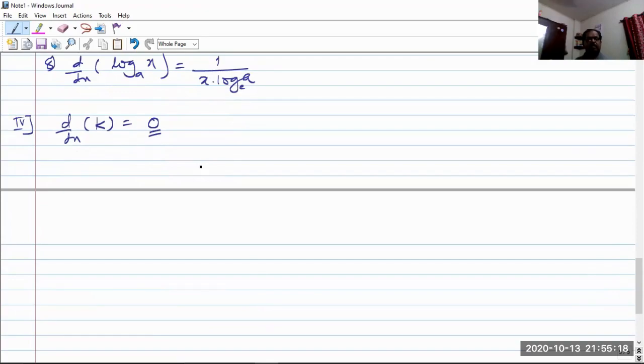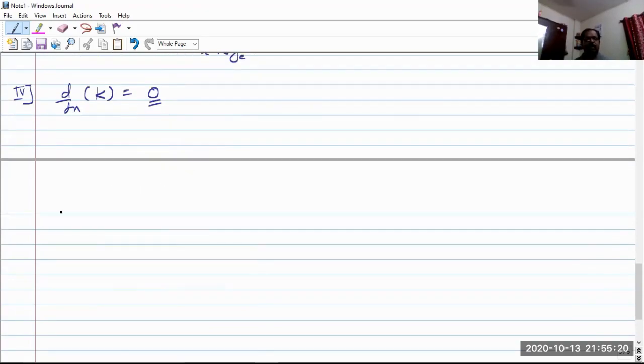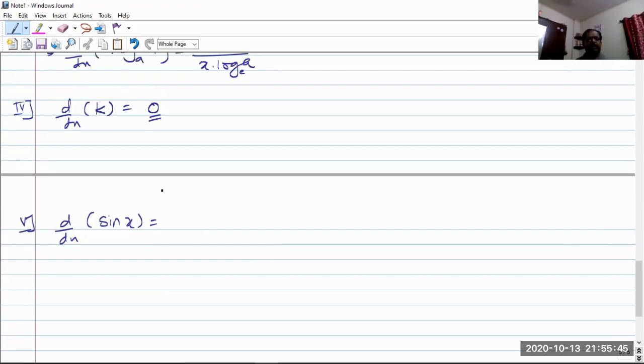Along with this we have some other derivatives. We'll just see derivatives of trigonometric functions. It's very important, students. So what are the trigonometric functions? Just note them. We know the trigonometric functions: they are sine, cos, tan, sec, cosec and cot. There are 6 trigonometric functions. We will see derivatives of those functions one by one.